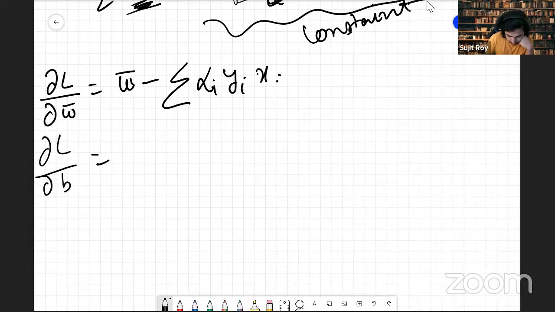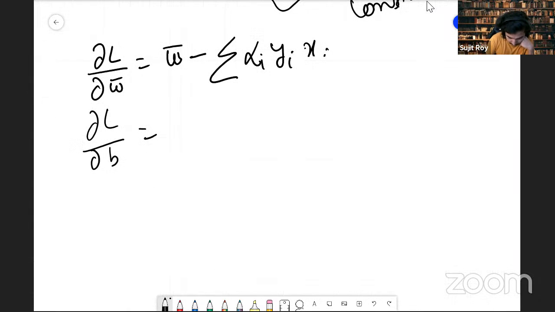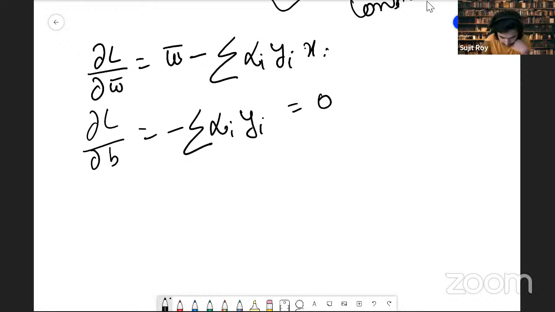So with y, now we will have this term, which will be just partial derivatives. It will be minus sigma alpha i yi. Of course, b will not be there, and this will be equal to 0 that we are trying to do, right? So we can also write it as sigma of